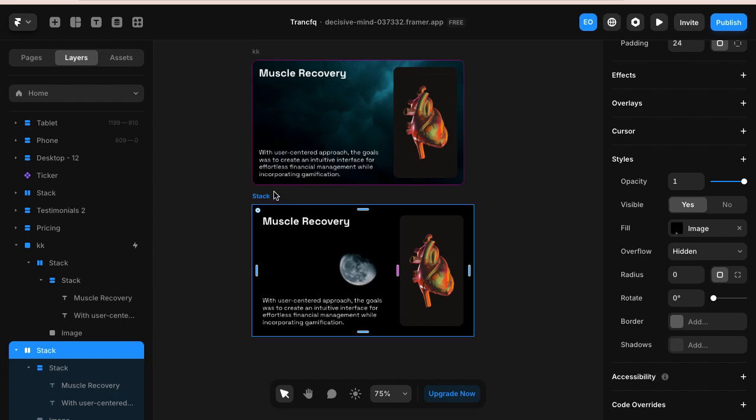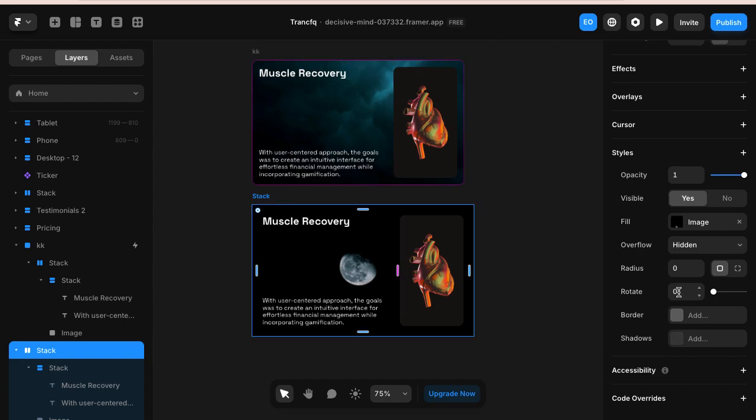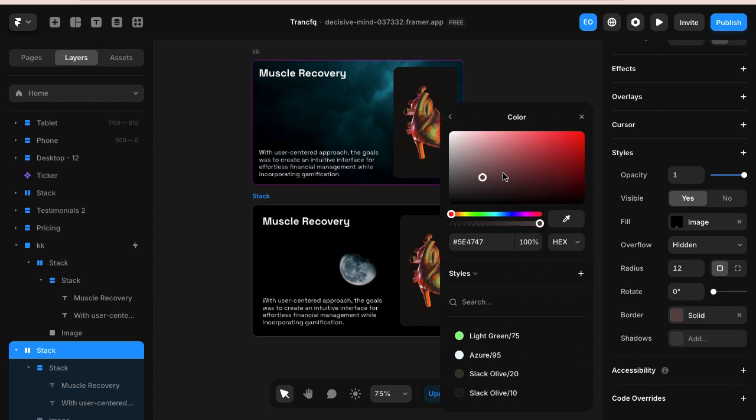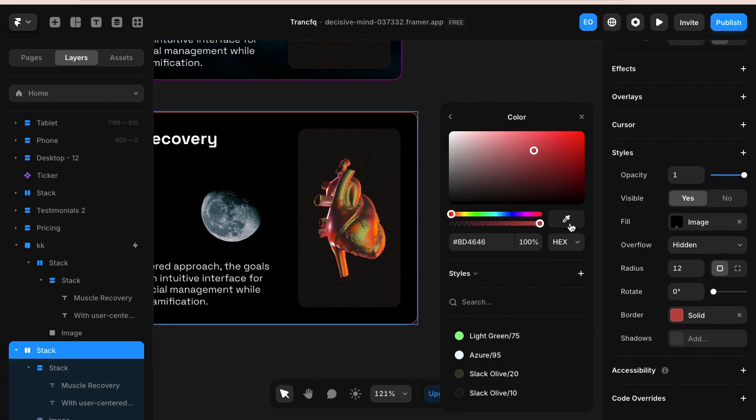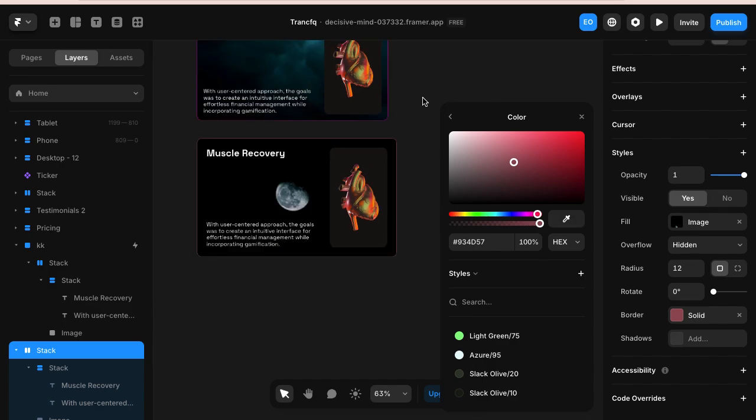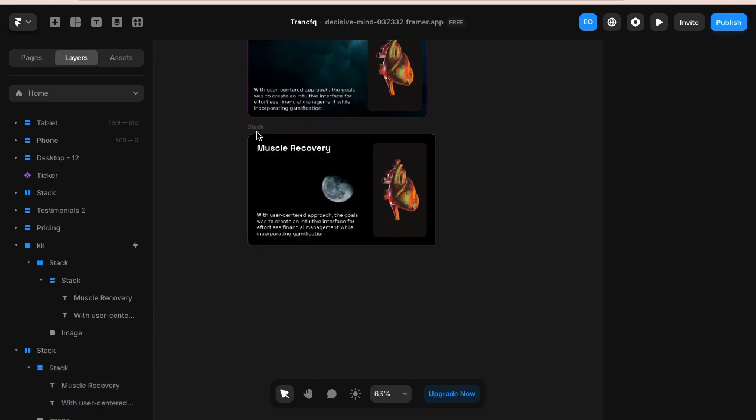You can choose to add the button. Let's add a border radius of 12, and if you want to add a border, you can also pick any color of your choice. You can just choose this color right here. All right, so now that we have this,